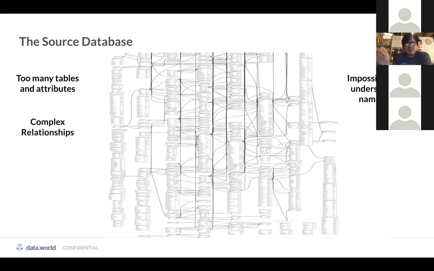The column names are sometimes, because you want them to be flexible, called segment 1, segment 2, segment 99. What the heck does segment 1 and segment 2 actually mean? The relationships are defined there in a complex manner. So you would think, oh, let me go find all the orders and the customers that placed those orders. And you would say, oh, there should be a table called order and a table called customer. I should just join that.